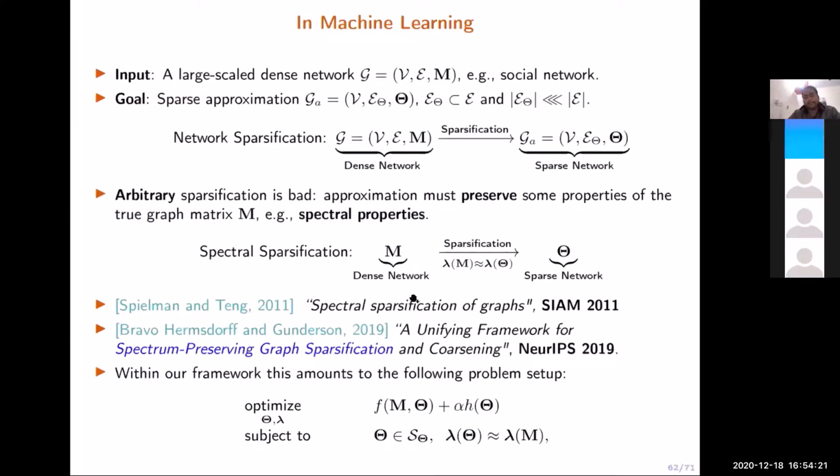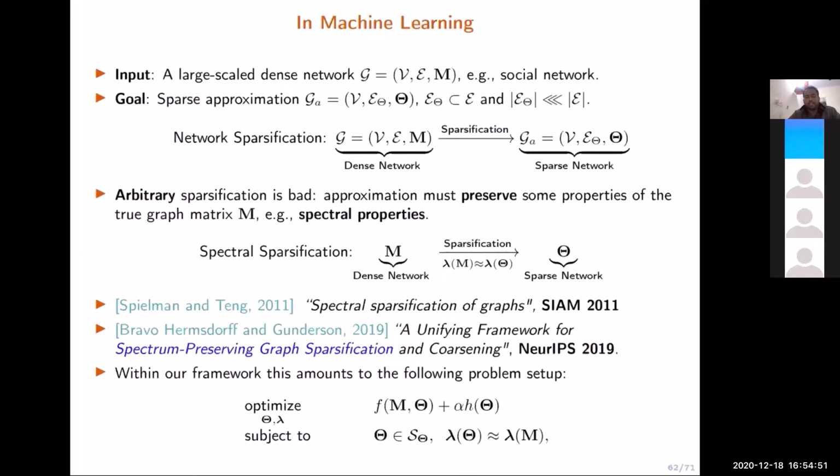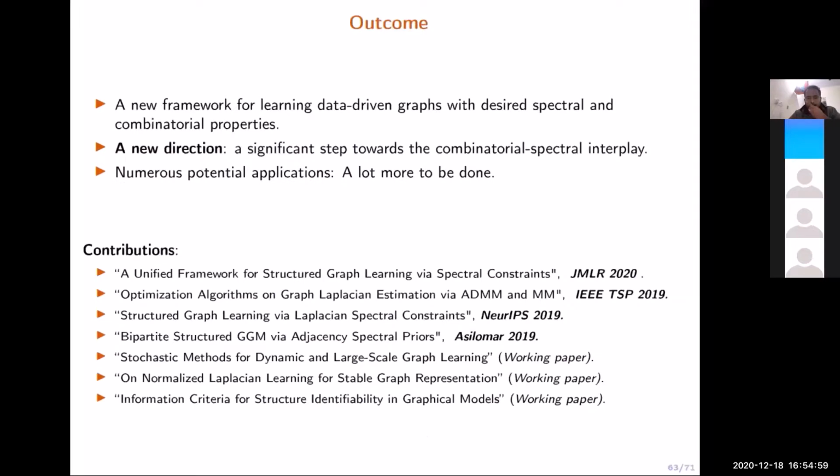The first demonstration came from Daniel Spielman, a mathematician. They established that spectral sparsification is actually possible, and it can be done using the eigenvalues of the Laplacian matrix. In 2019, a paper came in NeurIPS which used this property to perform spectral sparsification. So this is a graph approximation such that the eigenvalues of two graph matrices are very close. This is not a closed problem; it's an active problem. If someone is interested, they can go and work on it.